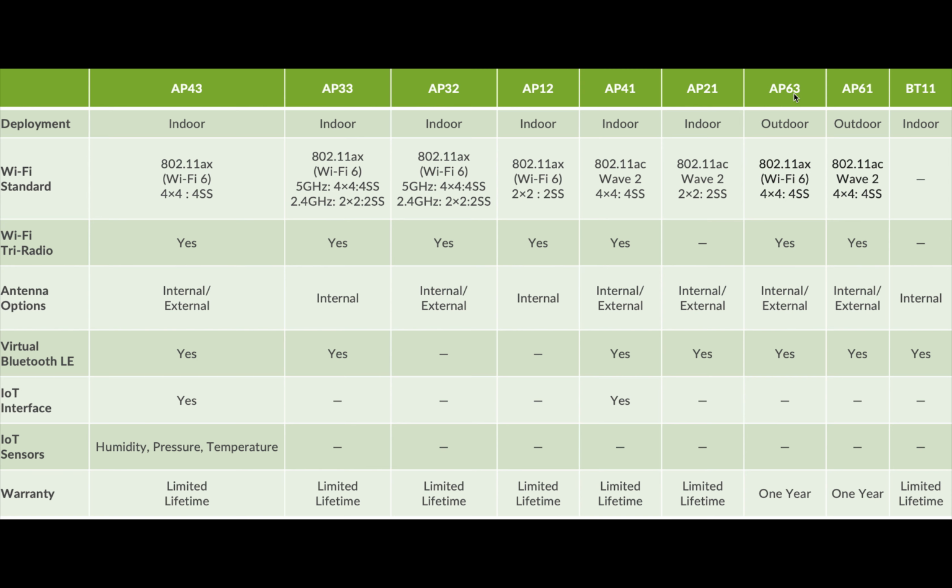And of course another example would be a corporate office, where you have a lot of clients, a lot of employees working. If it's a high dense environment, then you need to go with AP43. I want to basically understand now about AP33 and AP32, which is also, I would say, very important, because